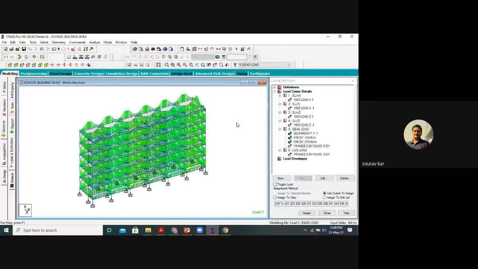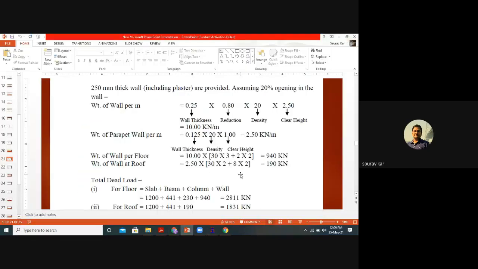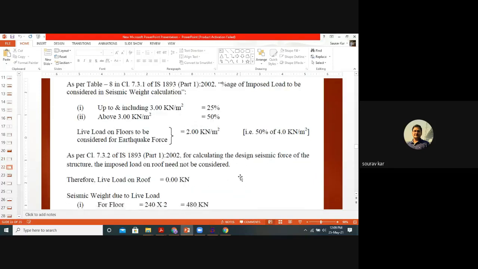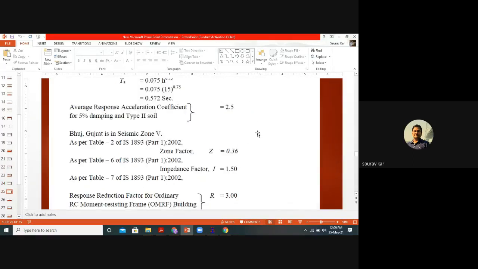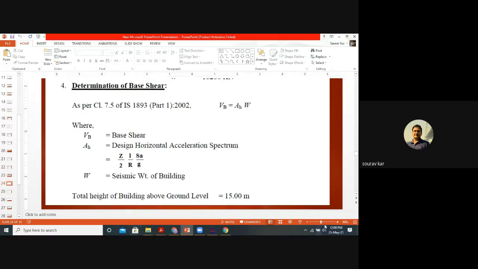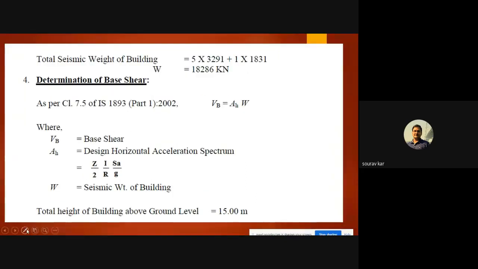Only the final part is remaining. Now, in order to calculate the seismic weight, dead load and live load we have calculated, but our seismic weight, this W, is remaining.